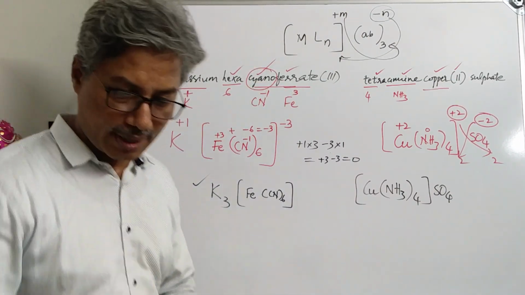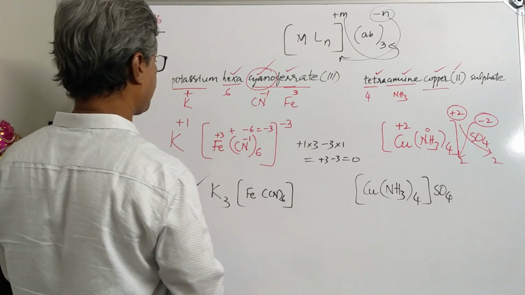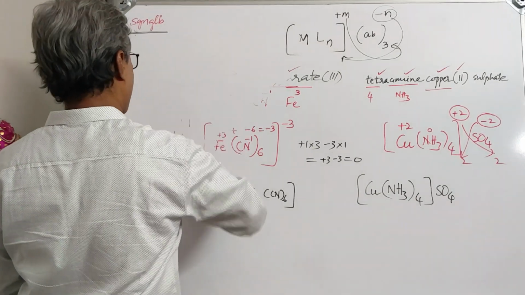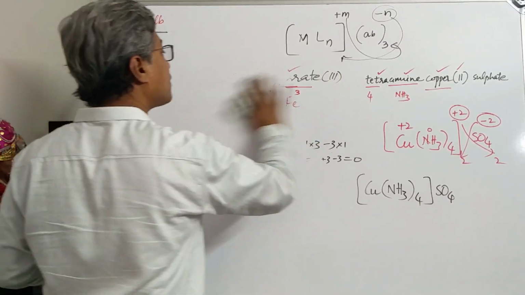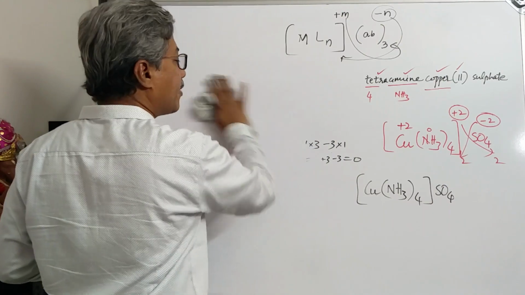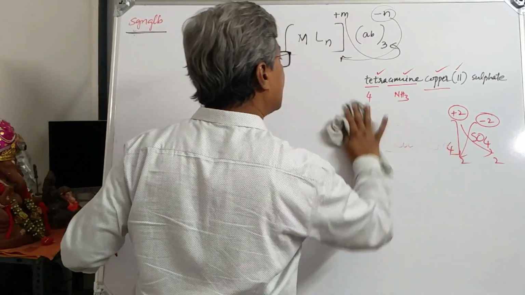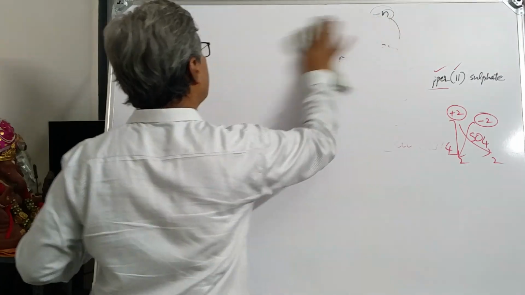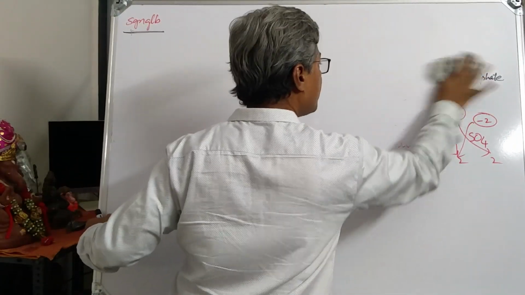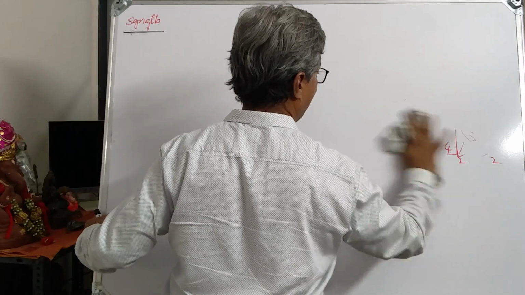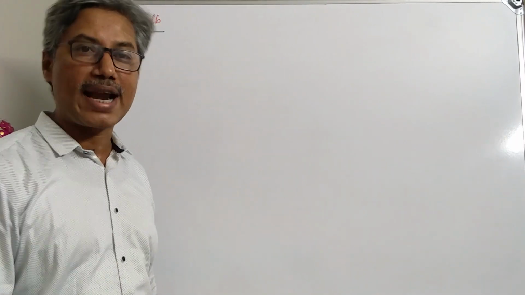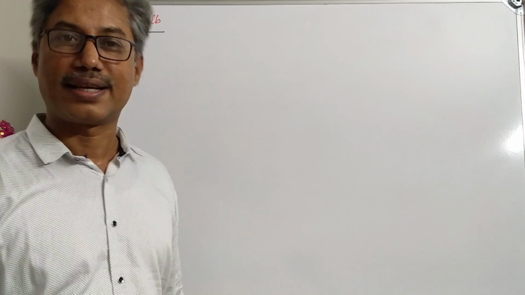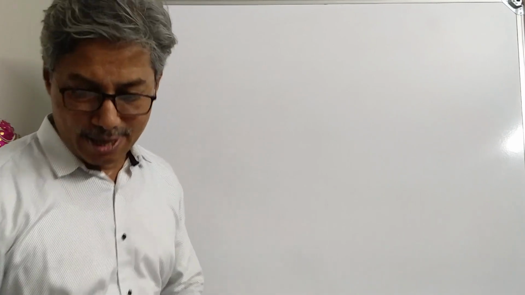Clear? We take another example. In case of a bidentate ligand, can you remember the bidentate ligand which is responsible for linkage isomerism? Yes, exactly. What is that? It is a bidentate ligand, but it is not able to utilize both the atoms simultaneously. It will utilize only one at a time. Such ligands are called ambidentate ligands. Okay, we have an example here.